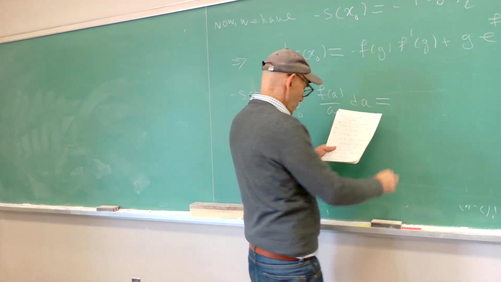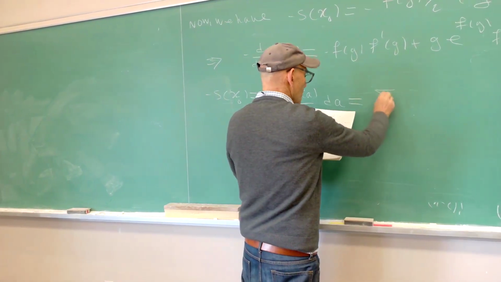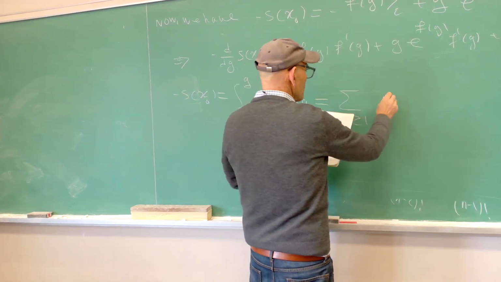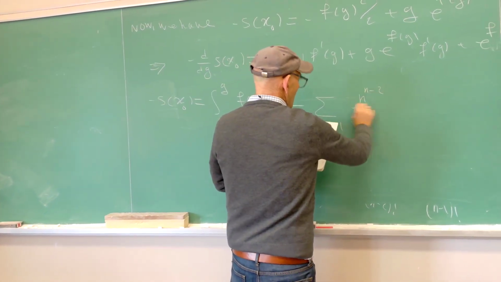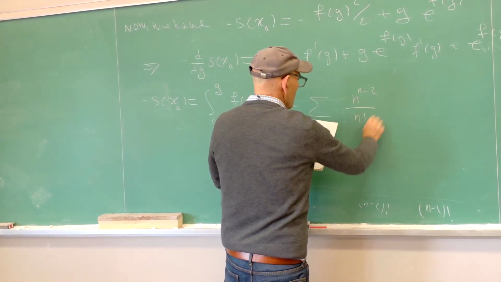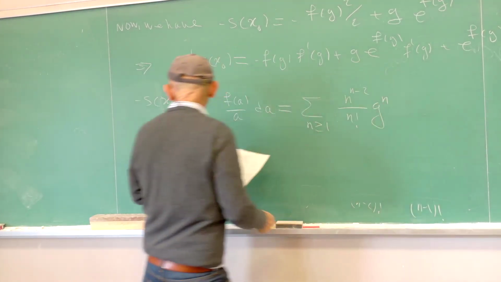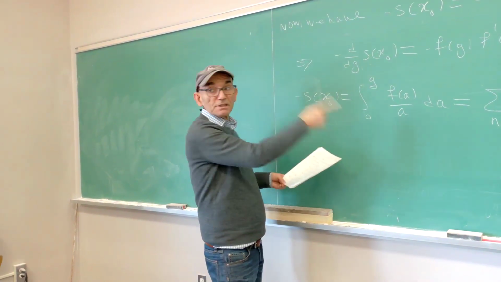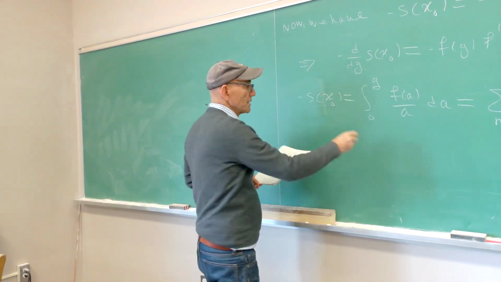And if you do that, you get the sum over n bigger than or equal to 1 of n to the power n minus 2 over n factorial, g to the n. So comparing this with the original formula, then you get that